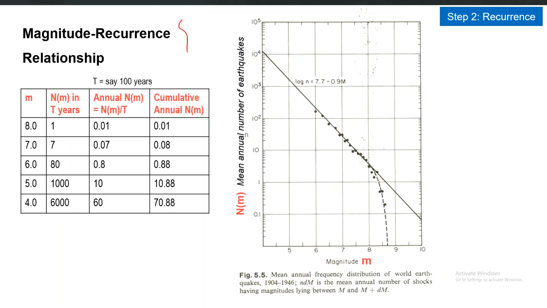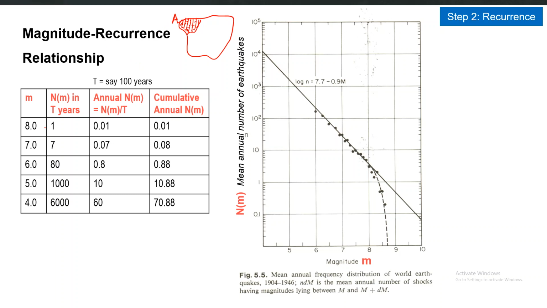So let's say that this is our study region, and in that we have this seismic source which is shown here with these lines. So this is our seismic source zone, and all of the dots or earthquakes within that source zone are available, they are known. We have already known their magnitude and their numbers. So using this information, we can construct the magnitude recurrence relationship for that particular source zone. Let's call it source A. So we will construct the MR relationship for this source A.